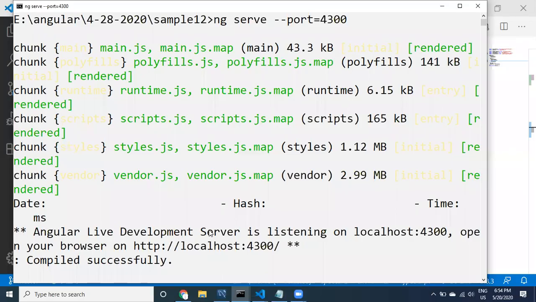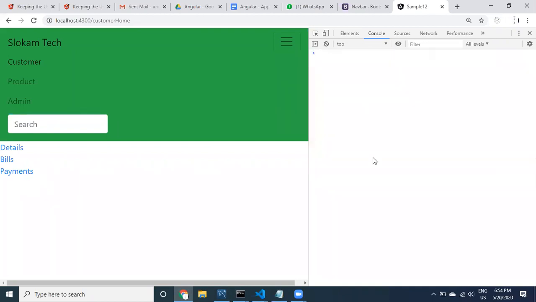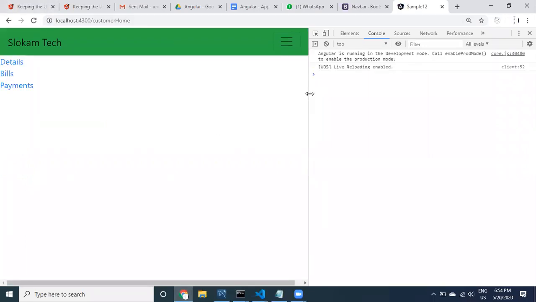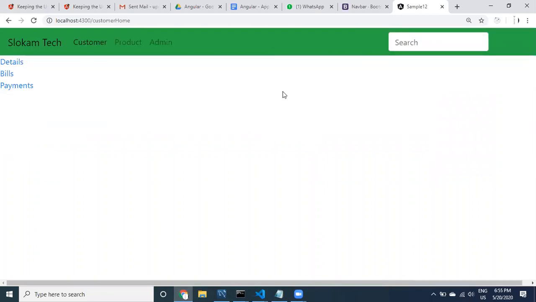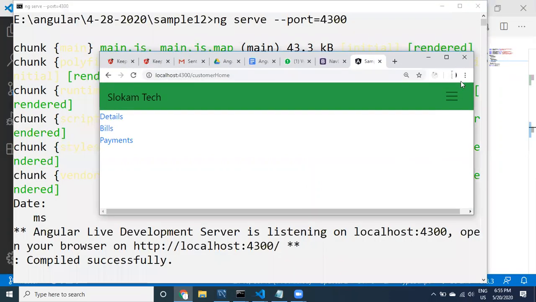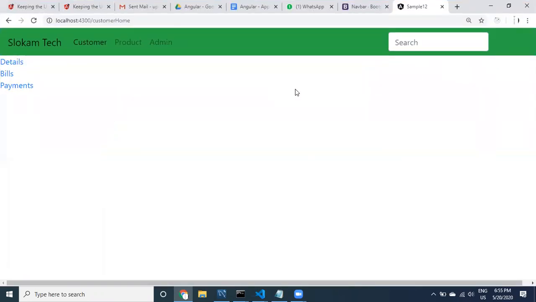Okay, it seems good. Now let us go. This is okay, no problem. This is an internet issue, something else. Don't worry about these errors. Restart these things, and you can click on this menu item. If the screen is small, then the menu is going to be displayed like this, and if I make it like this, the menu box is going to come in. If the screen is normal, it is going to be displayed. This is related to the responsive feature.